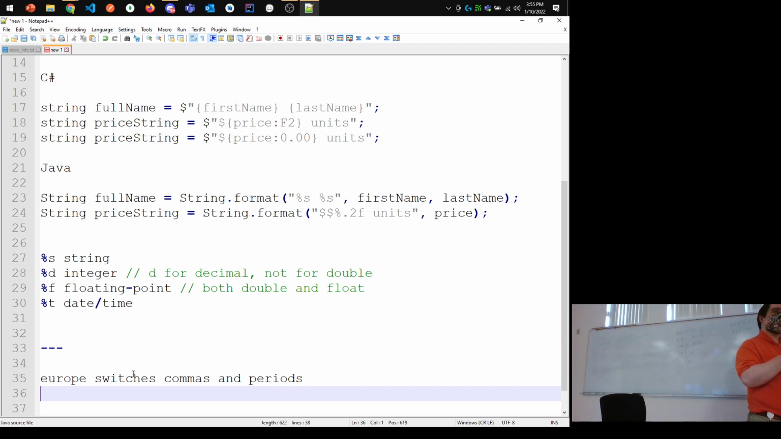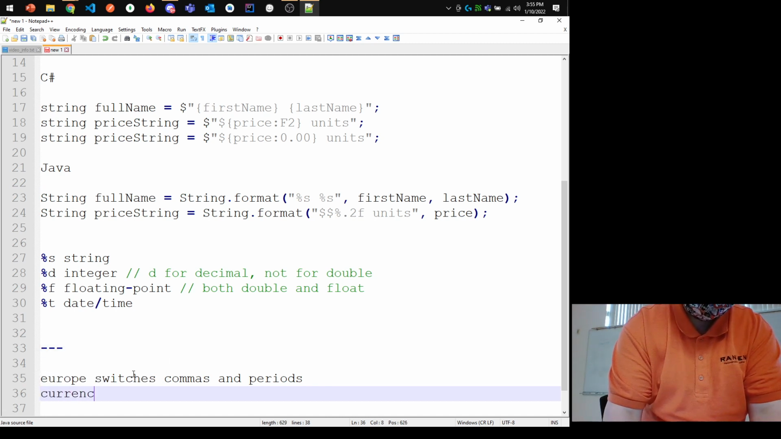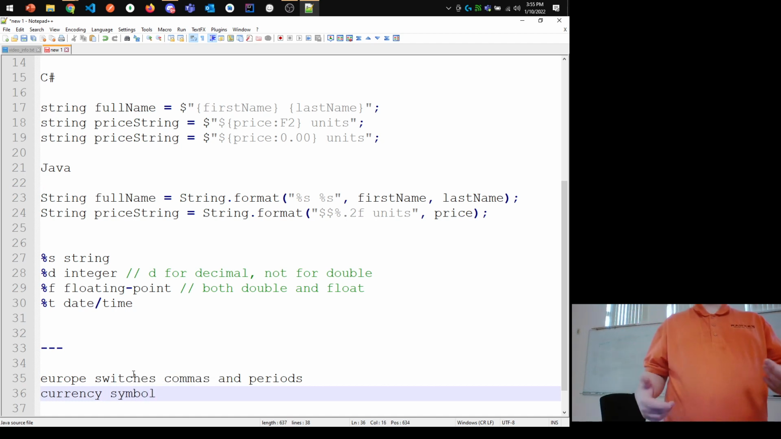I was going to say, I think either the pound sign or the euro is usually at the end, right? Instead of at the beginning. Yeah. So the currency symbol, right? The currency symbol may not be at the beginning or the end, and they may use a different currency symbol,